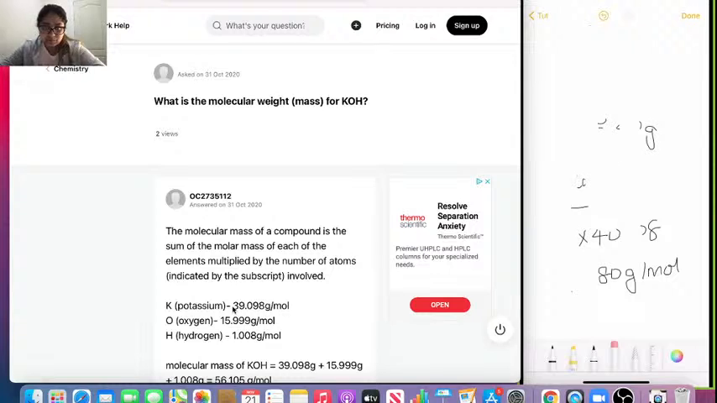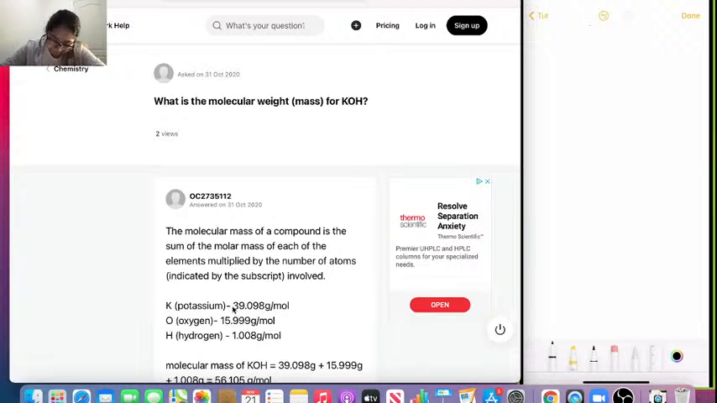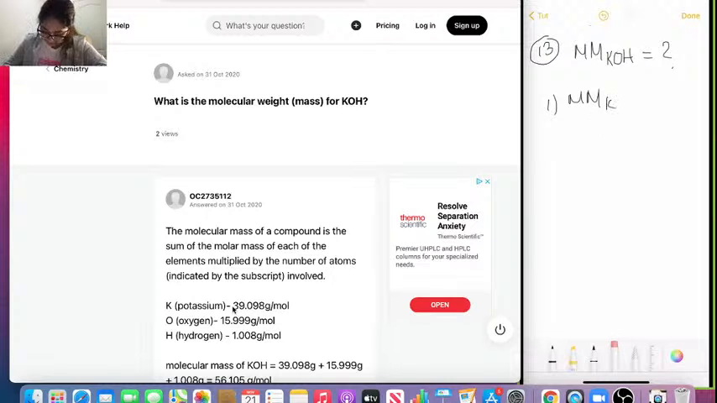So what is the molecular mass? We usually say molar mass in this case. For KOH, potassium hydroxide, the molar mass of KOH equals what? You can get this from a periodic table, it's given on a periodic table. So first off, we need to find the molar mass of potassium,